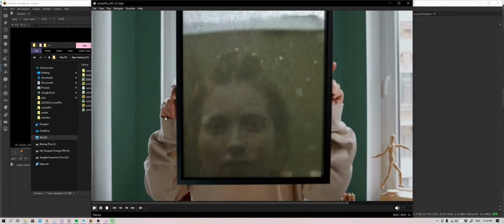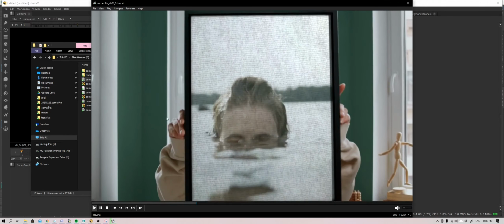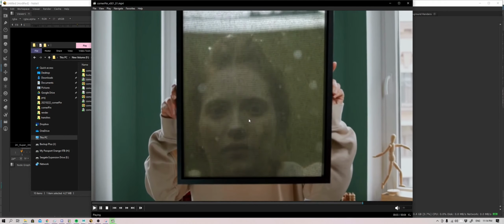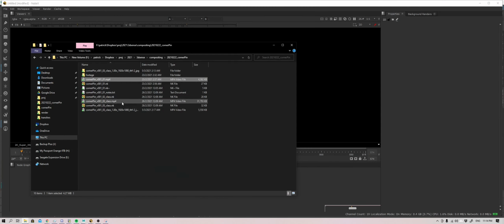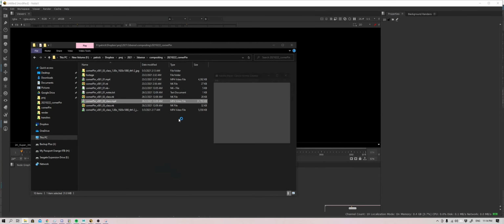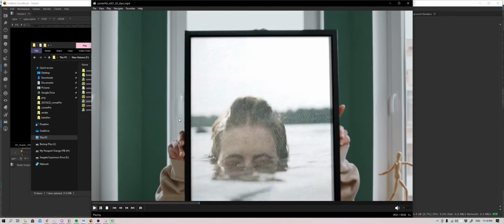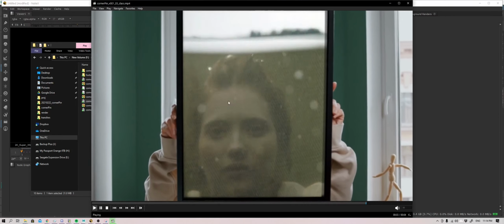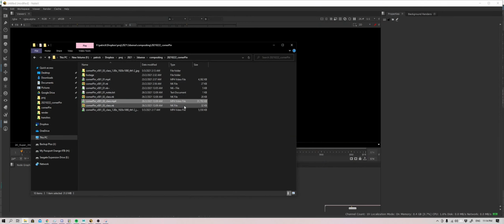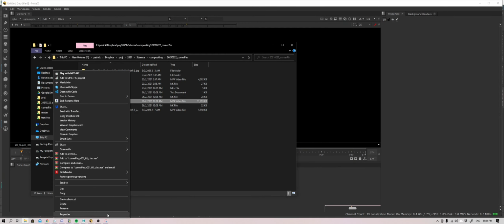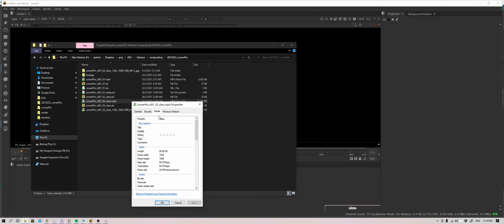So a girl holding a photo frame, and we have a video of a girl going inside the water, and it looks like it's part of the frame that she's holding up. So another version of this that I already did in the class, somewhat similar. Okay, and the resolution that I'm aiming to go for is 1920 by 1080, and that's a full